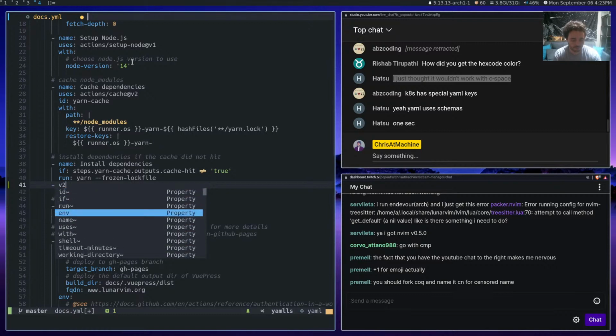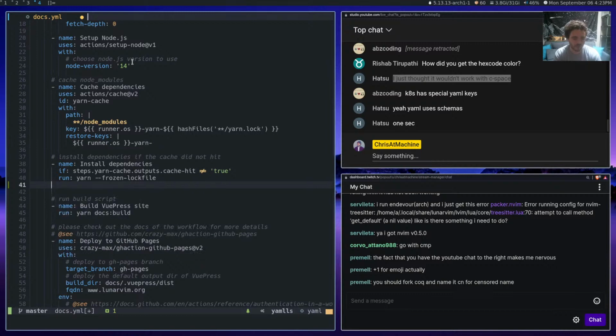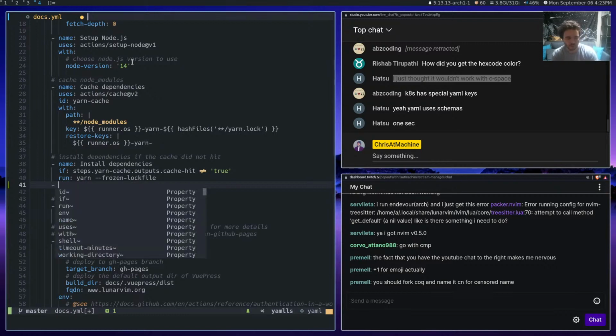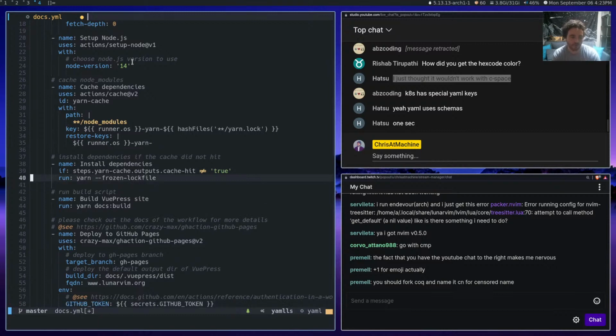Right? With control space. Now if I do tab, I still get tab, which I want, right? And then if I come in here and just start typing, I get it. But if you want to see all the properties you have available, control space is what I would do. That would be my personal way of doing it, I think. And then I still get tab to work the way that I want it to.